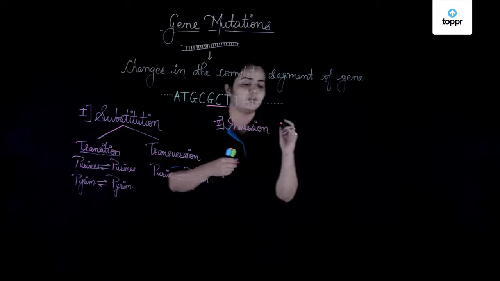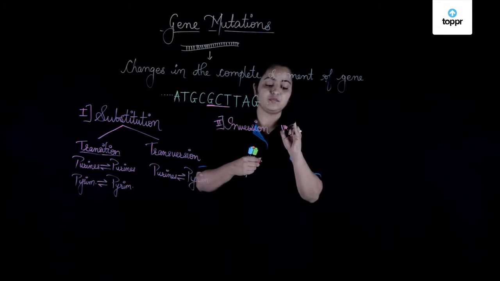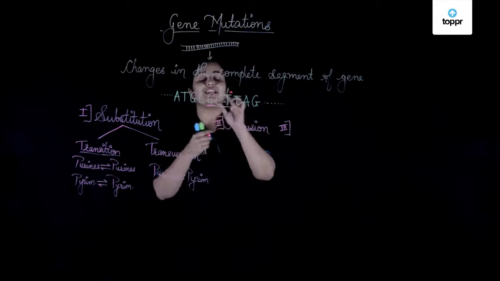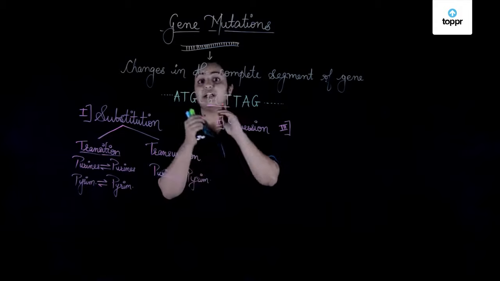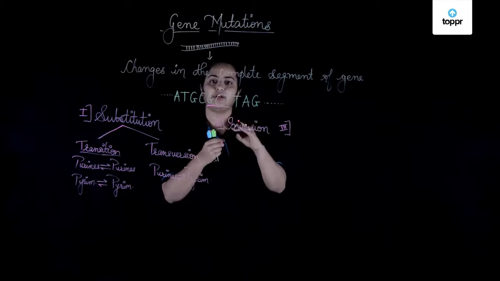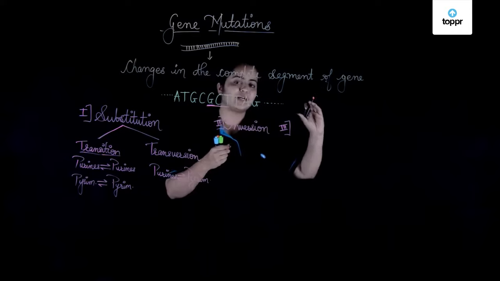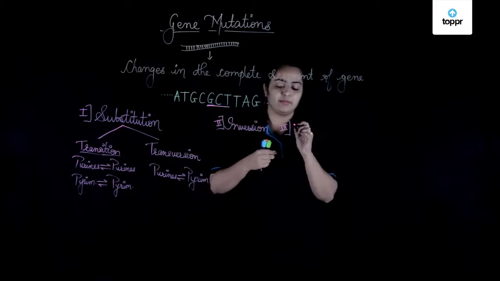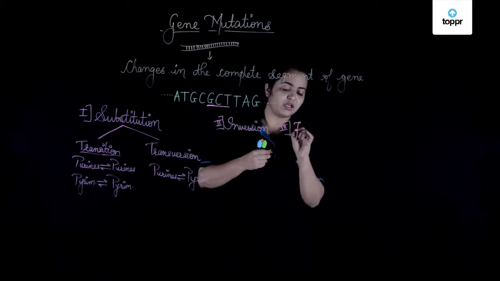Now, because of inversion also, there are changes in the sequence of amino acids. Now, because amino acids are changing, the protein produced will be different. That is the reason why a sequence of amino acids will give rise to a different type of protein. Hence, inversion is also important. So, next one will be my